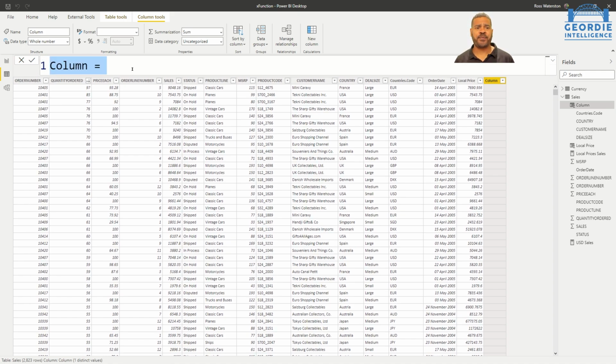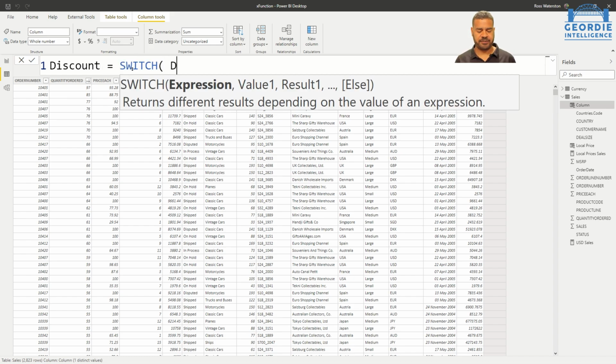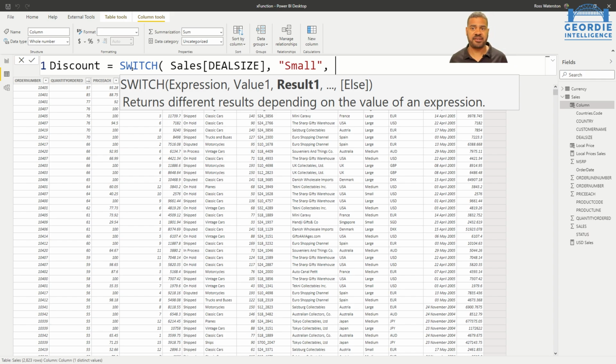Let's zoom that in and let's start with DAX, yeah? So discount equals. So switch deal size, if it's small, so if deal size is small, because that's the value that we're going with, then it's going to be 100% of the sales price, isn't it? So we'll go